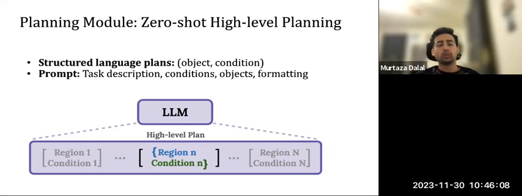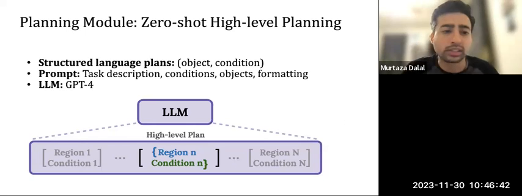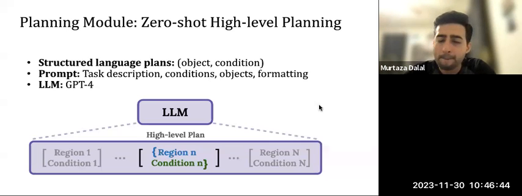So how do we run this? Well, simple LLM scheme. We use a prompt that describes the task, the conditions, the objects, some sort of formatting for the right output that we want. And what we found was that for the LLM, GPT-4 works the best. We found it got 100% planning success rate across all of our tasks. And we tried a variety of other LLMs in initial testing: GPT-3, 3.5, 4, Llama 2. And by and large, those models tend to either not adhere exactly to the task description or hallucinate objects or some other sort of issues. So moving forward, we stick to just GPT-4.